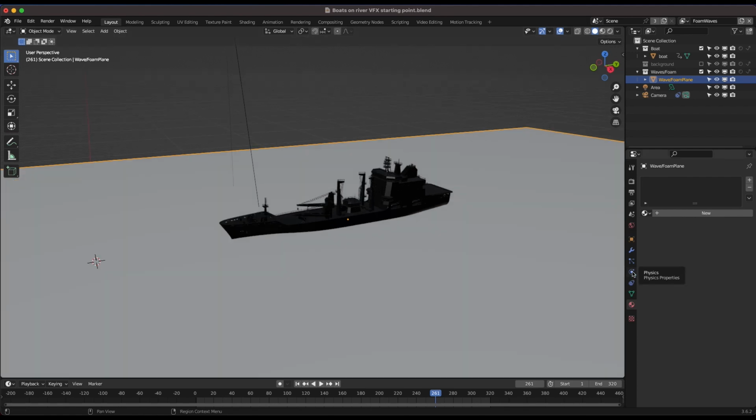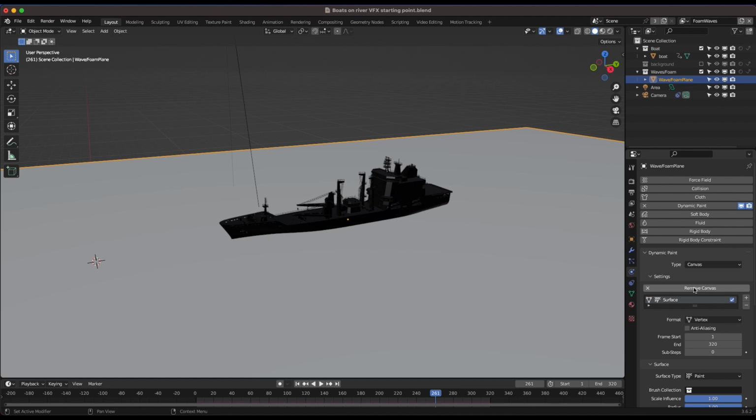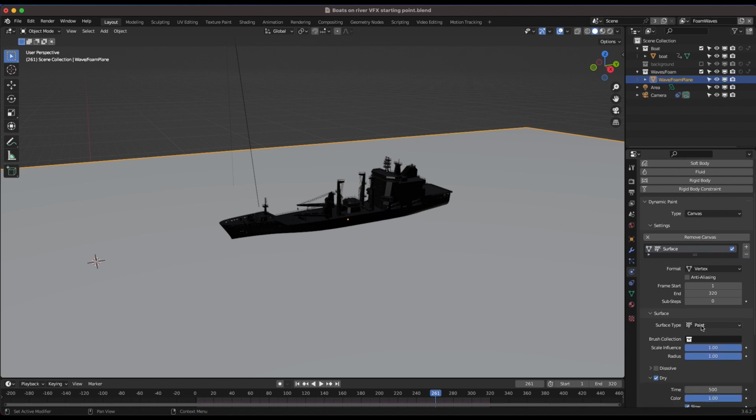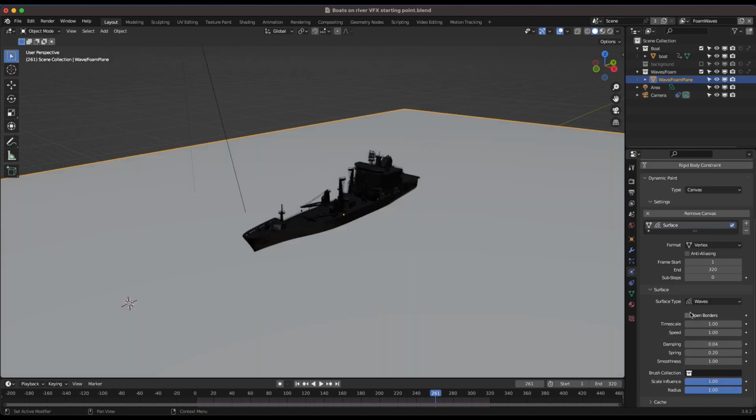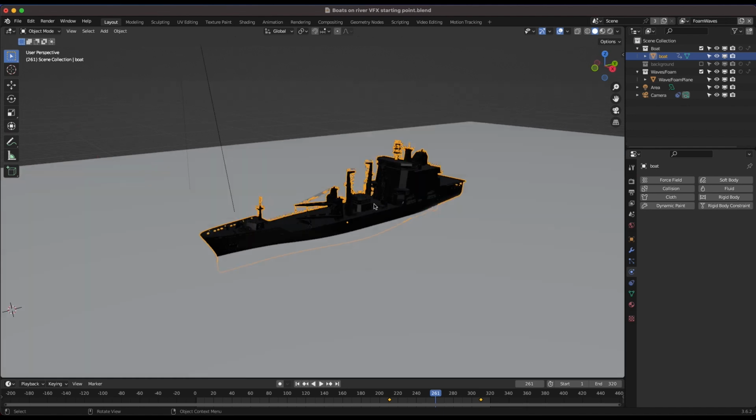So I'll just go to our physics properties tab here and click on the dynamic paint option. And now we'll make this type canvas, click on add canvas. And now this is a canvas for painting. However, we actually want the surface type to be waves. And now that we have a canvas for our simulation, we actually need to make this ship a brush that